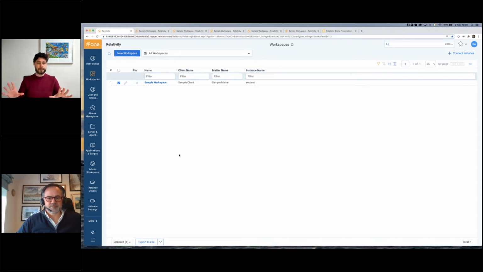So without further ado, everything is designed in Relativity to how you might want to service your requirements or your customers' requirements, depending on whether you're a service provider or a law firm, or maybe just the end user itself. So everything we do is organized on a workspace level. So you can have the app installed in some workspaces, you cannot have it installed in other workspaces, and you can configure it differently across them, literally depending on the needs of a particular matter.